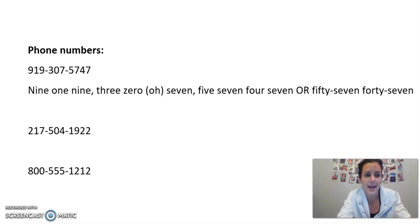Do you know how to read it out loud? This is the format for how we write it, but how do we say it? How do we read that number? How do I tell a student what my phone number is? Two ways. 919-307-5747. Or I can say